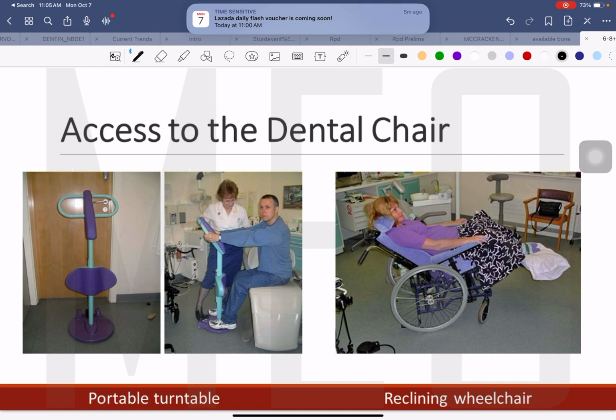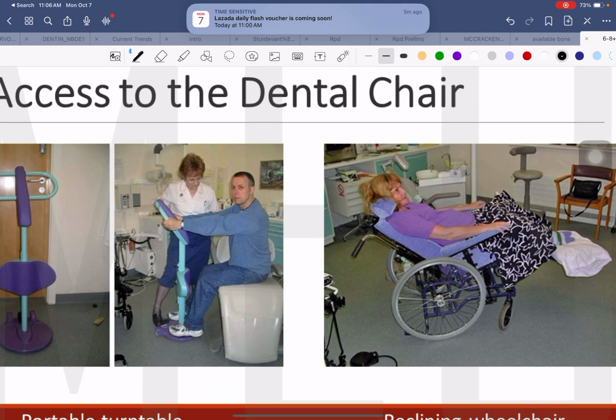Or the reclining wheelchair. So this is actually available in the Philippines, but it is not utilized properly. So as you can see, they can recline the wheelchair. Pero medyo mahal to, medyo mahal. You will see some parents from pediatric. Siyempre, lumalaki, of course, their children grow. So they become